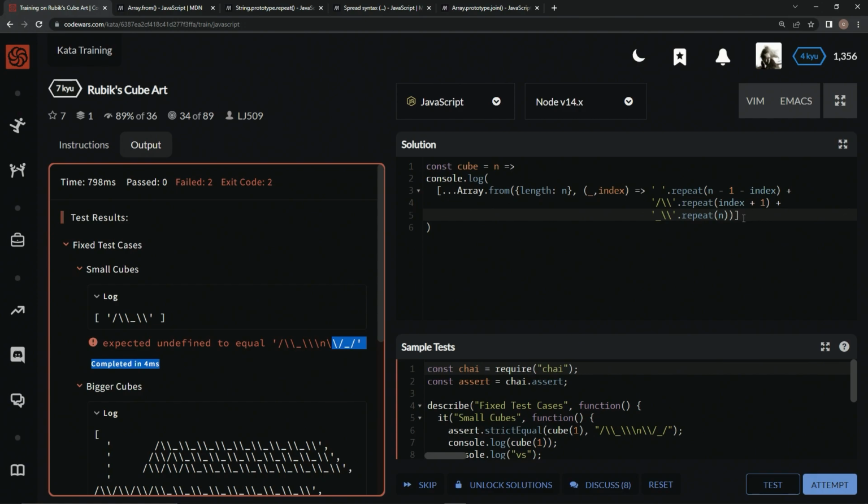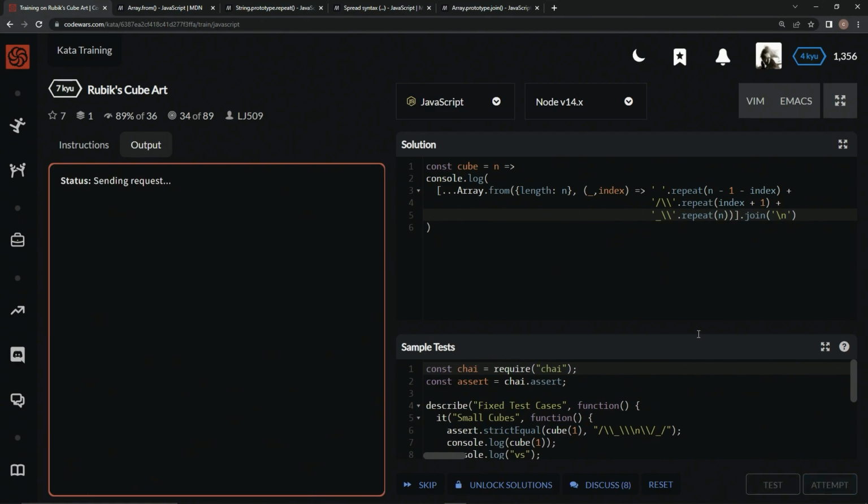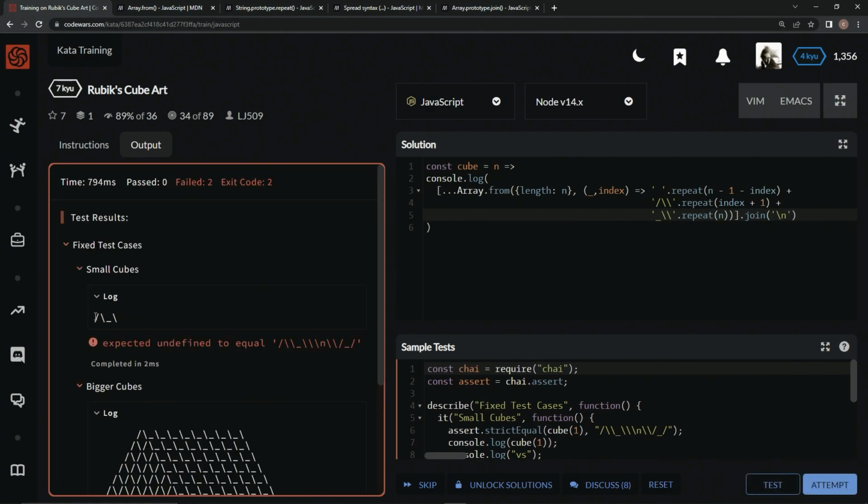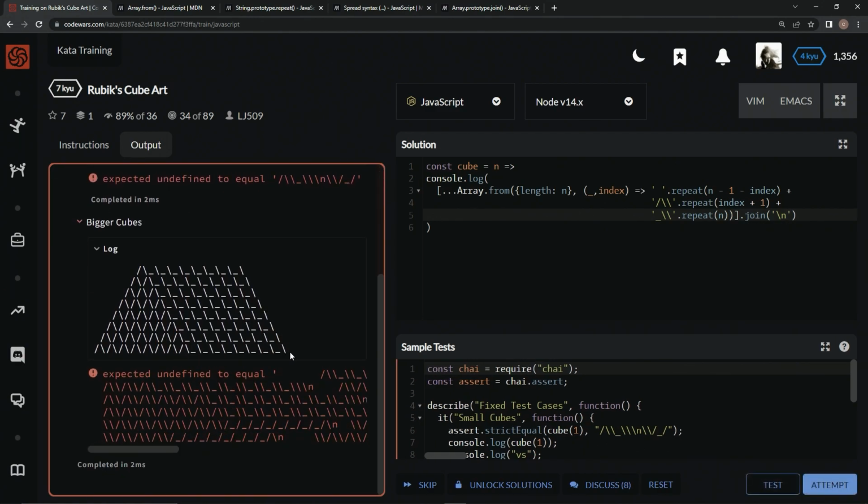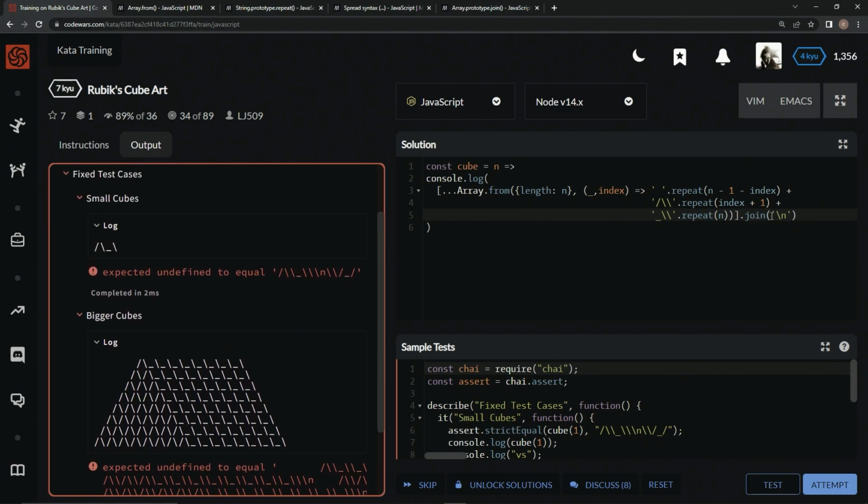So we're going to say over here, after this bracket, dot join, and then we're going to have the string \n. Now let's test it out. All right, now it looks like this, and you can see it looks like this down here. So the first half is ready to go. So down here,